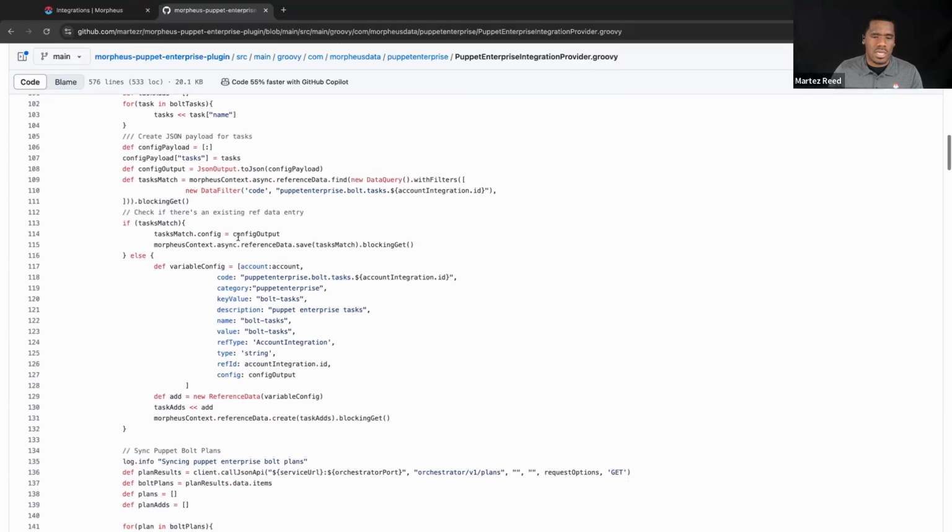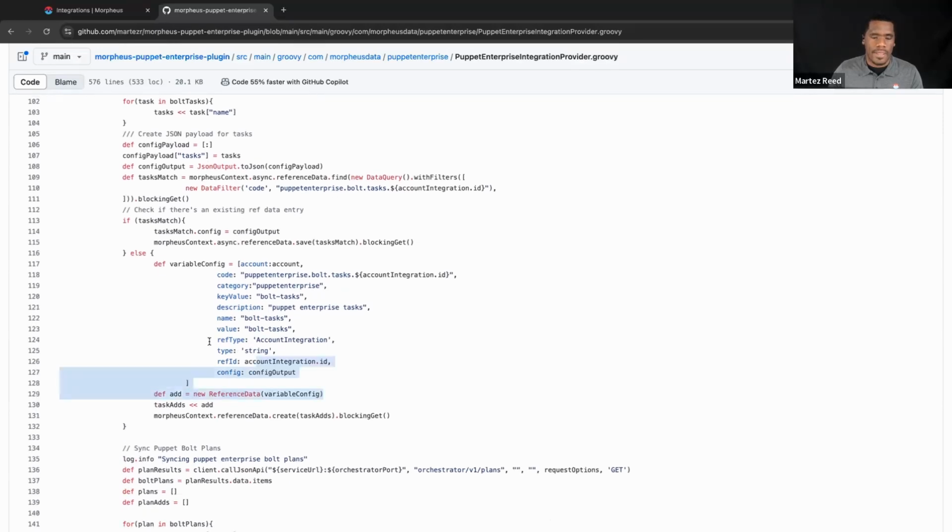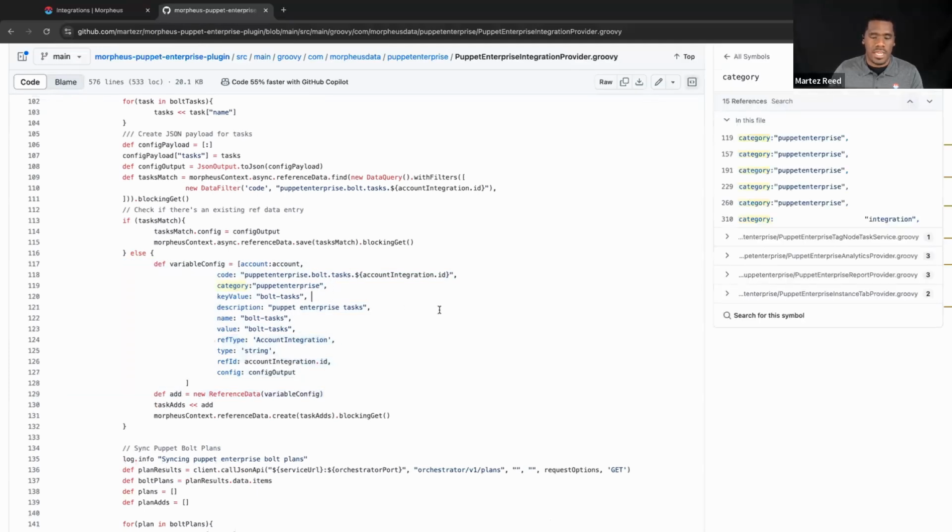And then what I'm actually doing is I am creating a block of reference data. And so this is what is populating the database within the Morpheus platform that is storing that information, in this case about the Bolt task, in my Puppet Enterprise server. So we see that there is the reference data, and I'm defining that utilizing the various aspects of account. We see that the code is arbitrary, but having a scheme or a defined mechanism for me to be able to easily store that